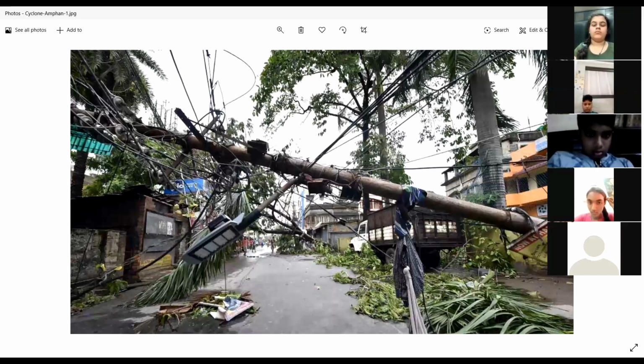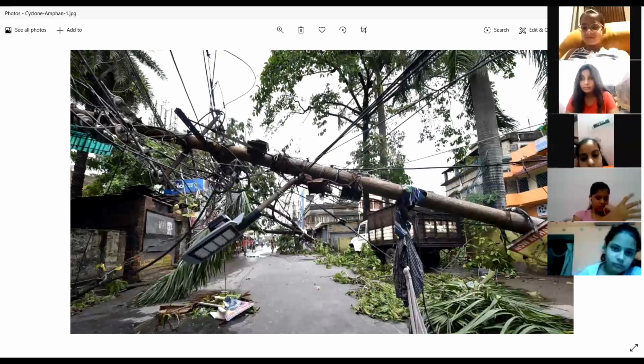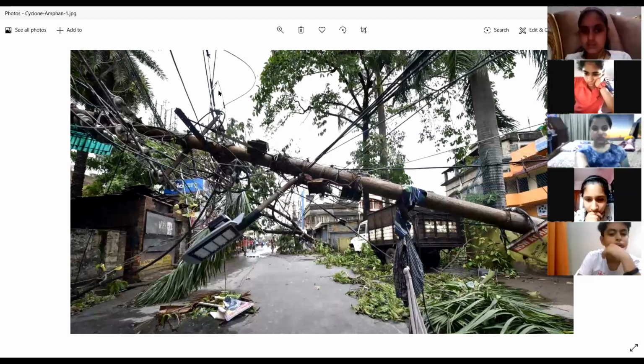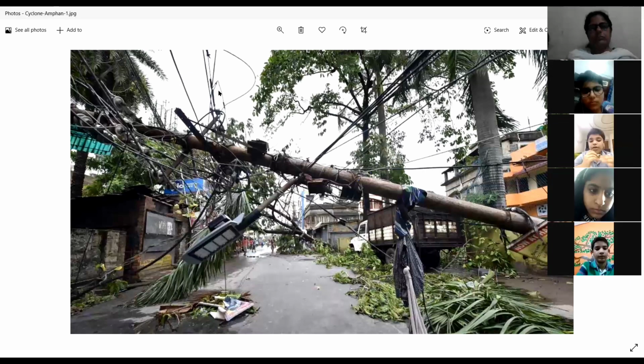So this is an urgent time to help those people, help the needy, and the people who are starving there. So we should all take an initiative to help Bengal and Orissa, for the people and the children who went to schools. And in recent times, there is a coronavirus pandemic. There is a double load for all of them. So we should take initiatives to help them. Thank you.